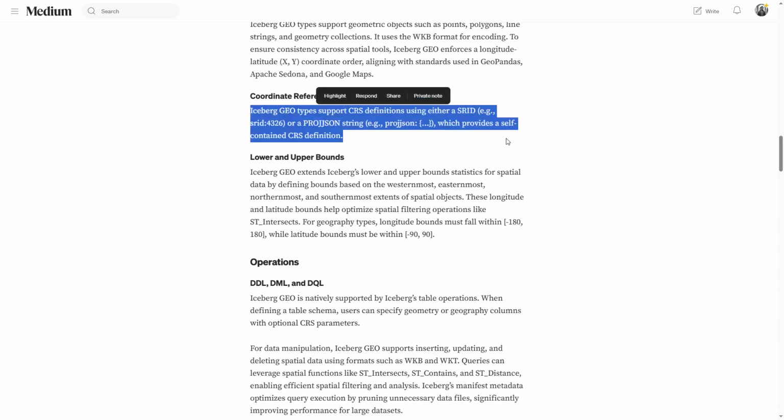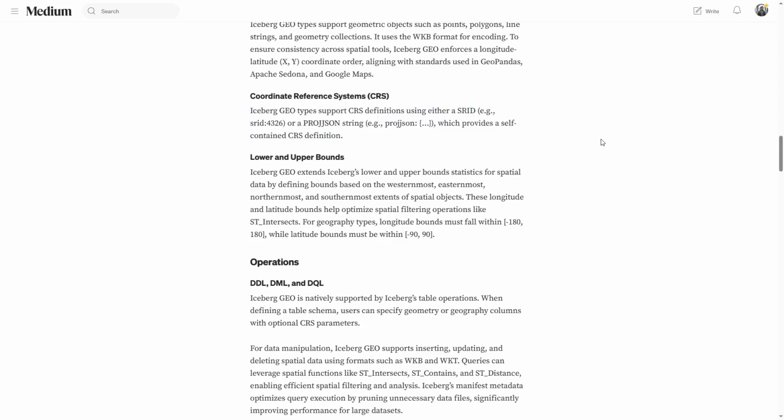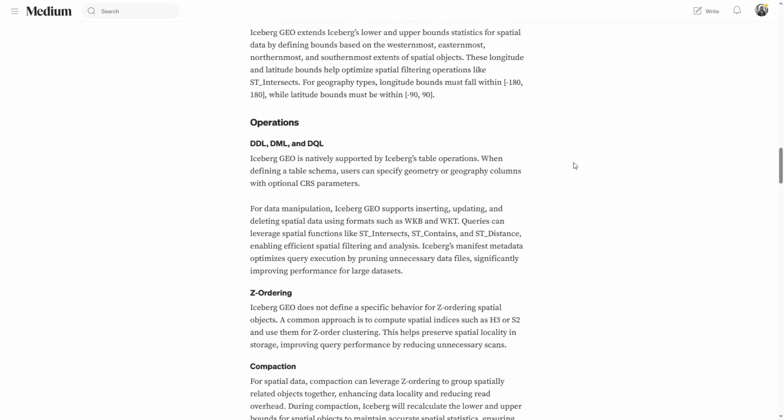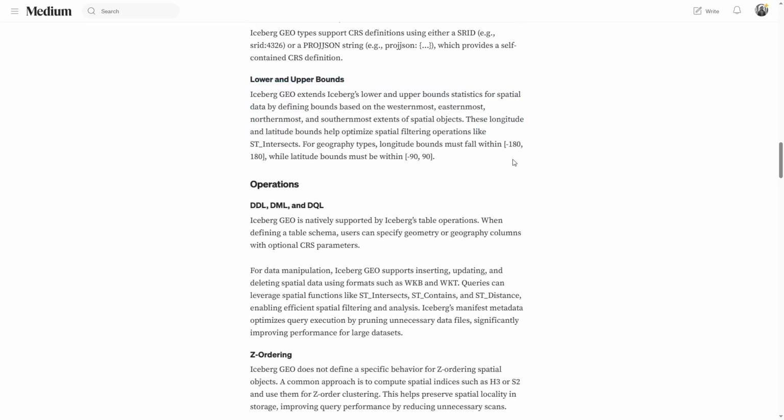Coordinate reference system: there are two which are supported as of now. One is CRS, another one is ProjJSON. This is one other thing to know. Lower bound and upper bound calculation is very important to note, because Iceberg follows the concept of maintaining max, min, and other stats of a file. Similarly, Iceberg calculates certain bounds, and those bounds are the westernmost, easternmost, northernmost, and southernmost